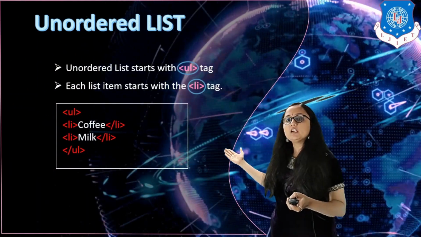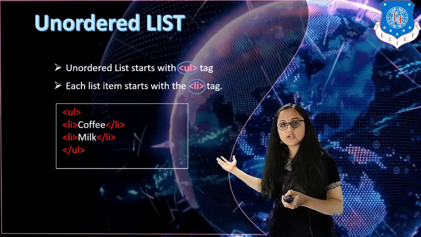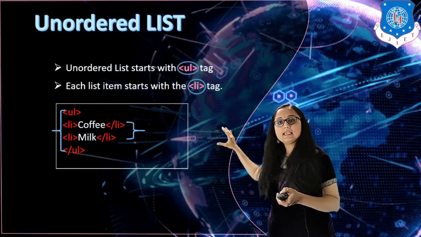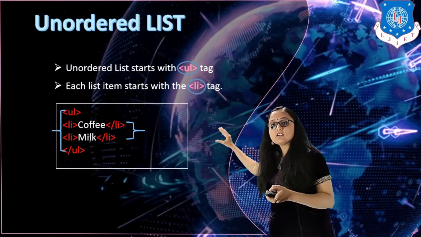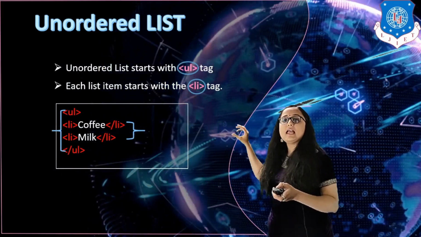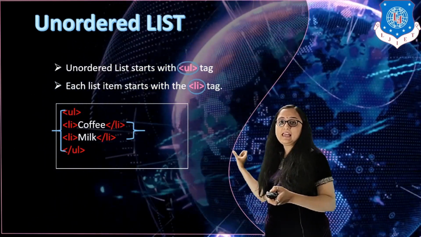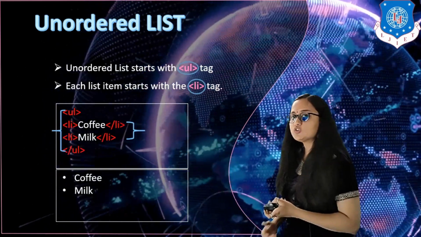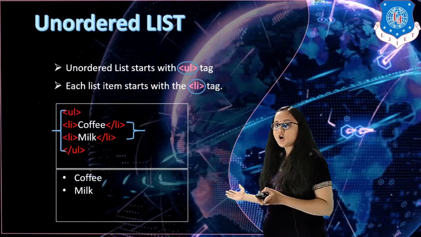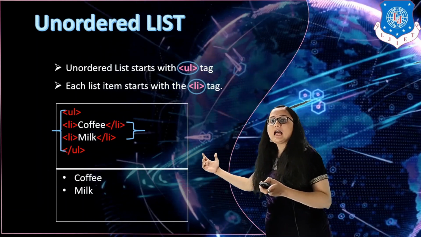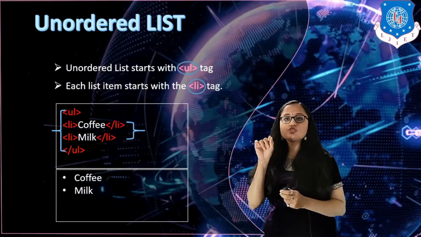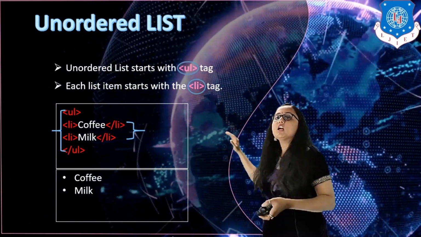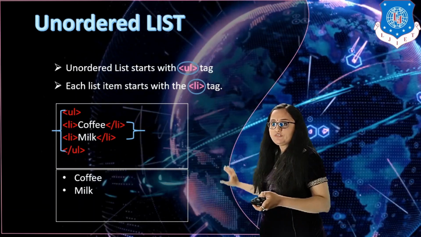What is the code? Here is the code for writing an unordered list, in which I have a UL tag, that is a parent tag for unordered list. The second is the child tag. Here again I have two list items, and for both of them I have used separate LI, and inside LI I have written coffee and milk. So whenever I run this code in my browser, what will be the output that I'll get? I'll get this output, that is by default I will have disc as a bullet. So this is a solid circle, that is a solid filled circle, which is the default bullet which I'll get in the browser if I run this code.